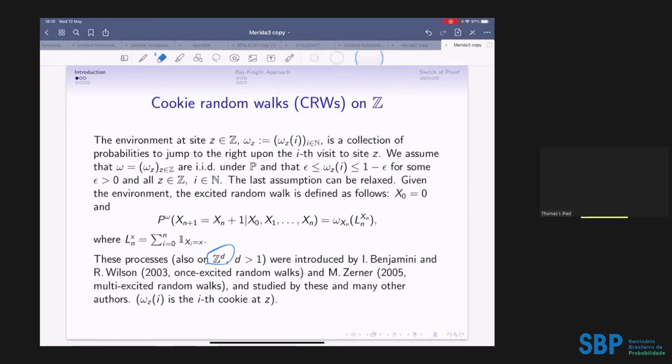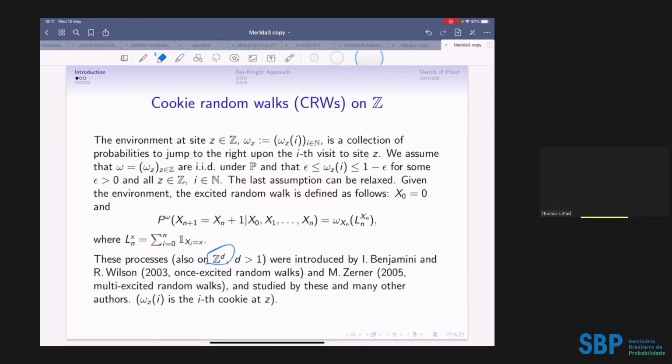Okay, so this process, you can see, is not going to be a Markov process unless you have some very strange or trivial assumptions on the cookie pile. It's not going to be a Markov process, but it will have lots of good Markov properties, as we will see. Okay, so this was introduced by Benjamini and Wilson in 2003, and here you just had